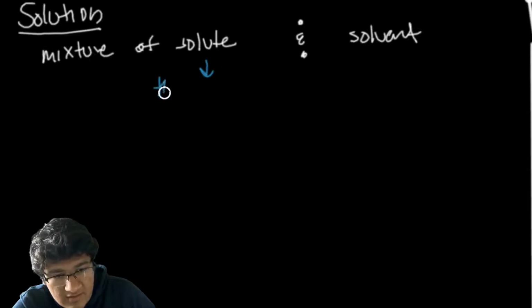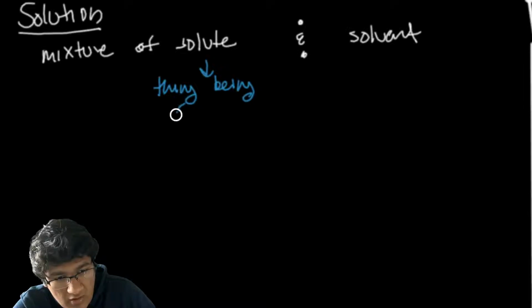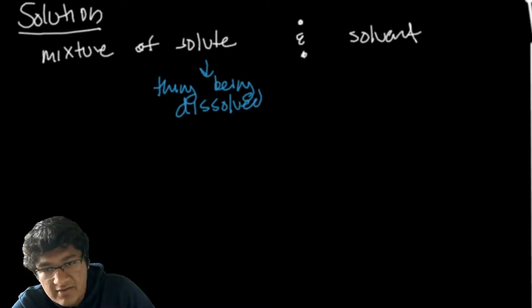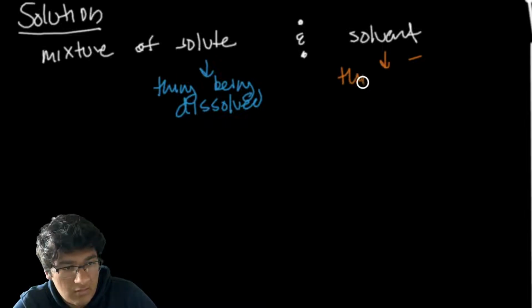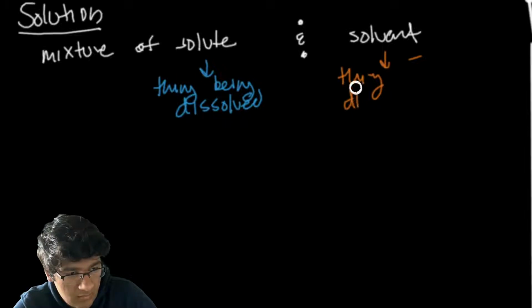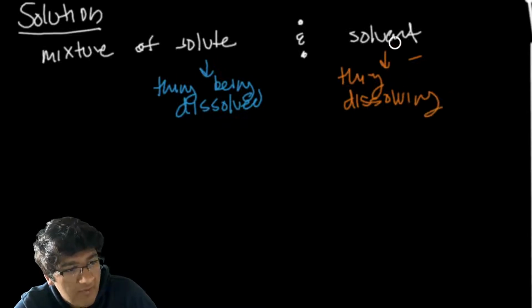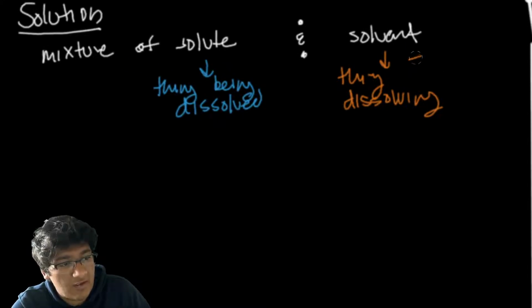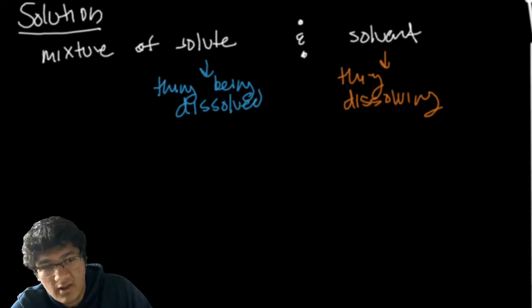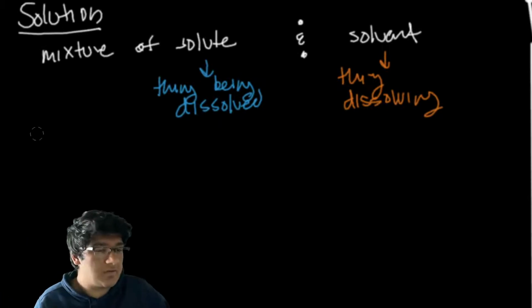So this is the thing being dissolved, which obviously makes the solvent the thing dissolving. A way I like to remember is that solvent has the NT at the end, and it helps me think: solvent, solving, because solving also has that N at the end. I know it's a little bit of a cringy way to understand,